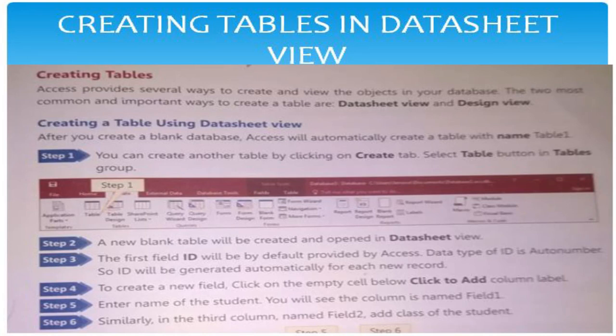And here, as we read now, the first one is ID. By default ID will be the first field, and click here to add. You can see here. Now I am going to write here, suppose name of student. Instead of name of student I am writing here Abhay, and click on the tab key on the keyboard. See, now it becomes field 1 and automatically the second one is field 2. Now this is table 1.